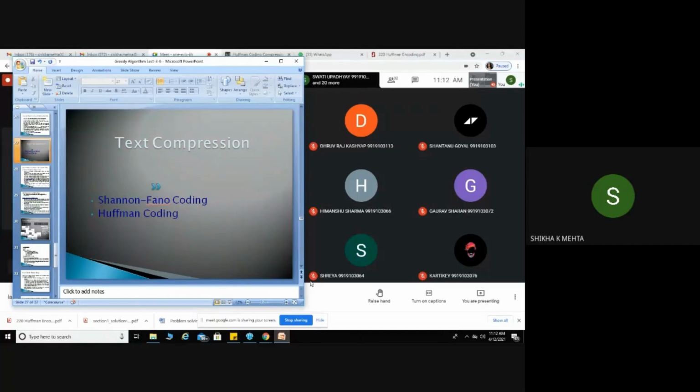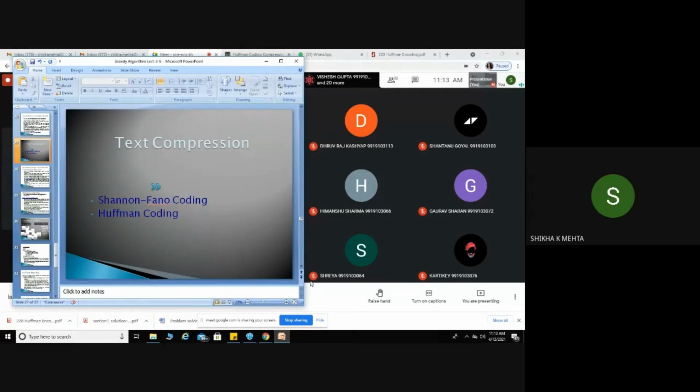This is one kind of encoding technique, called fixed encoding. But in real life, the drawback of this fixed kind of encoding, where ASCII codes are being used, is that it is not taking care of any such information.